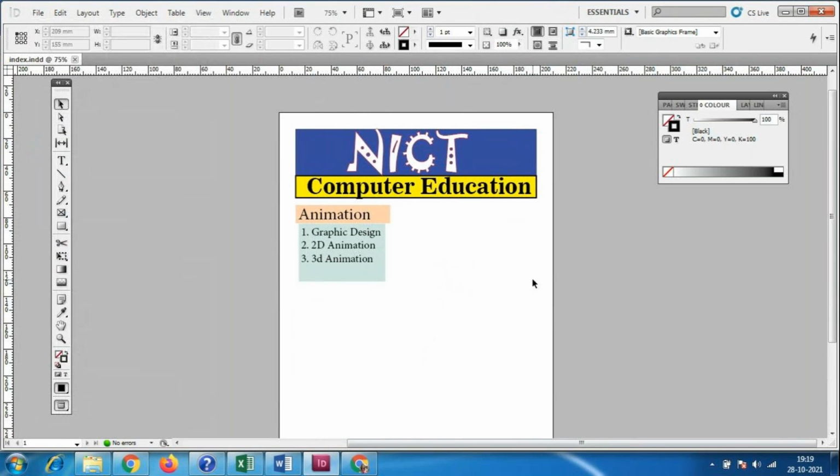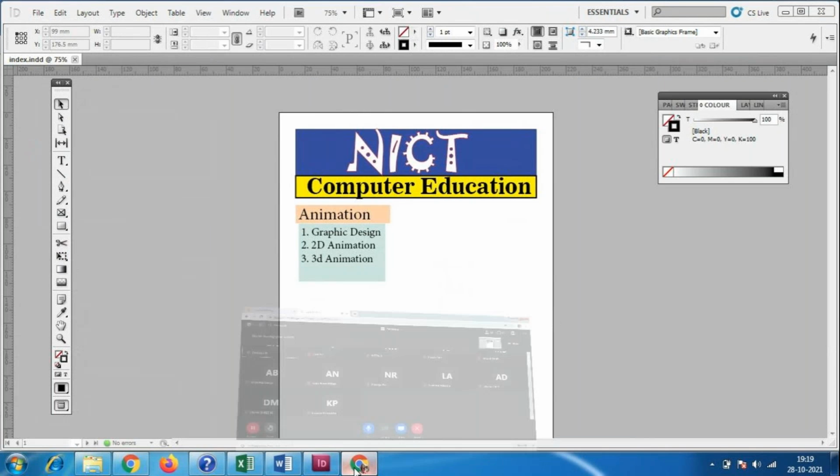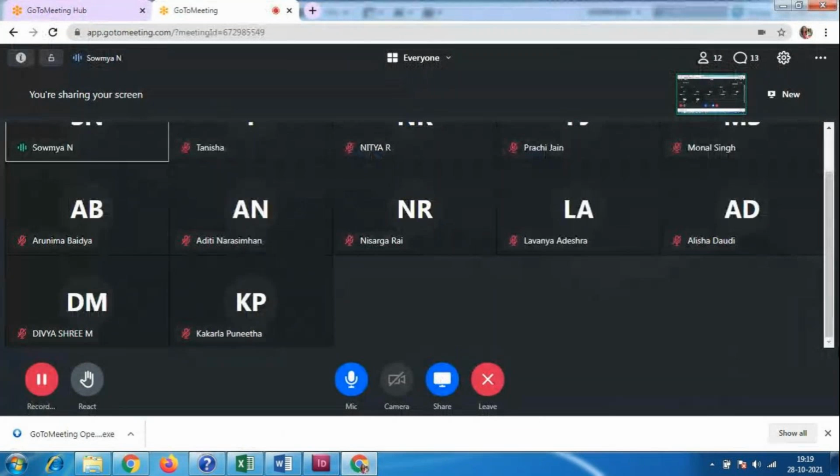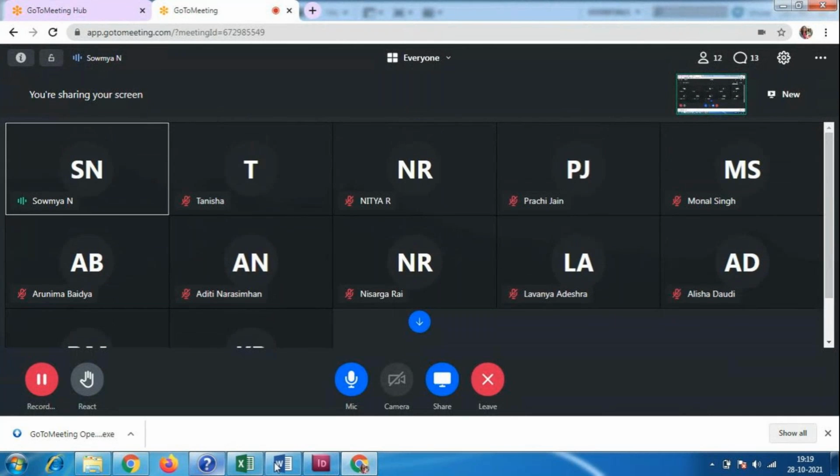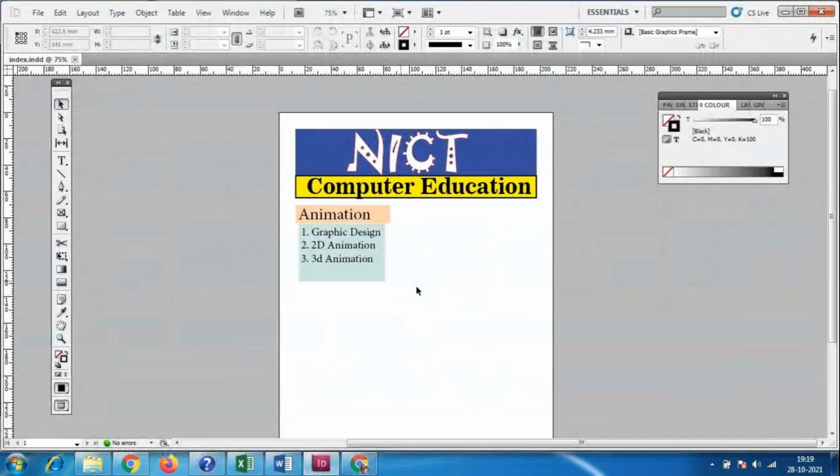Okay, anybody having any doubt with this text tool and adding these images and all? Anybody having any doubt? So in the next class, we are going to create a poster design or a magazine cover page design or something educational related poster design. So small things and all we can create. Okay, is that okay everybody?